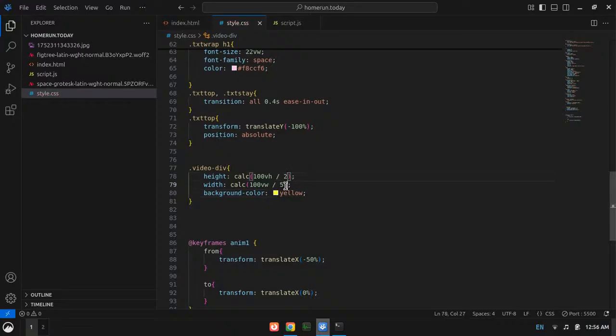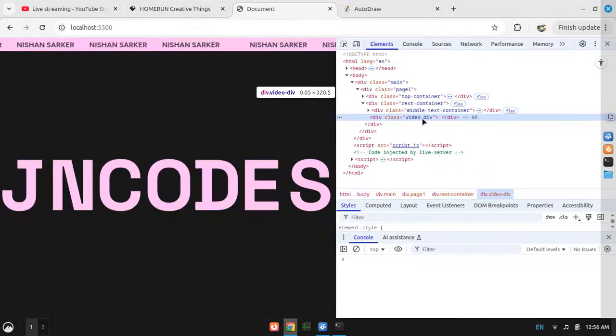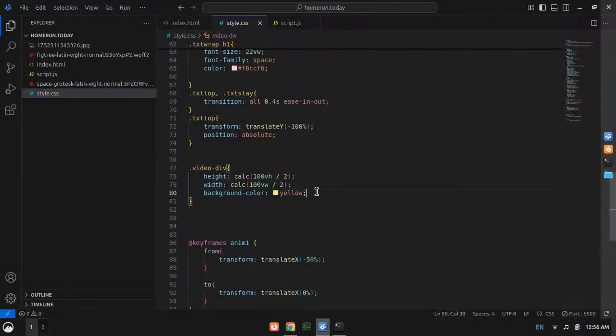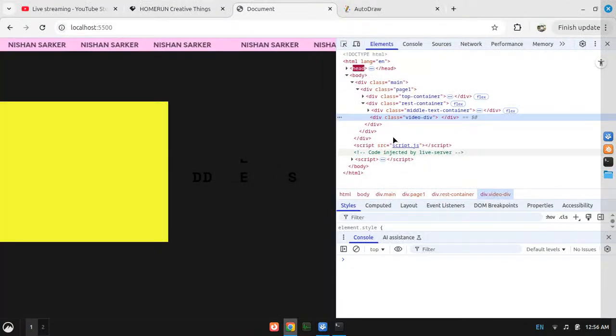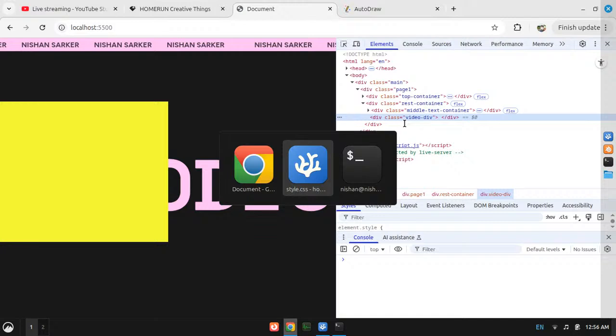Just let me use position absolute. Where the hell are you? There you are. Okay, right?